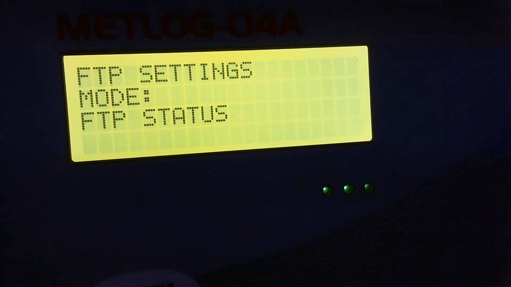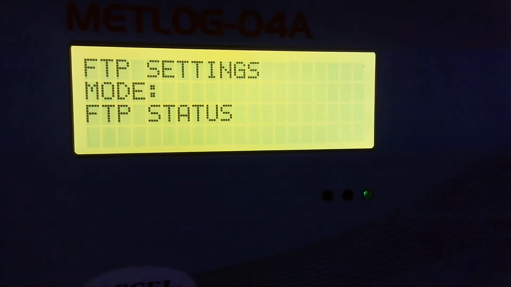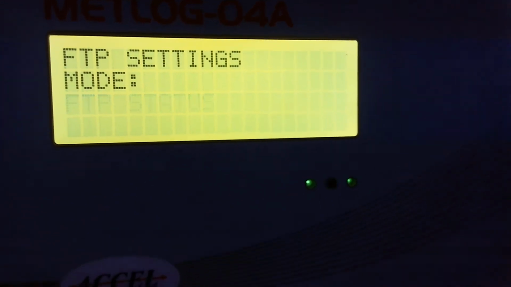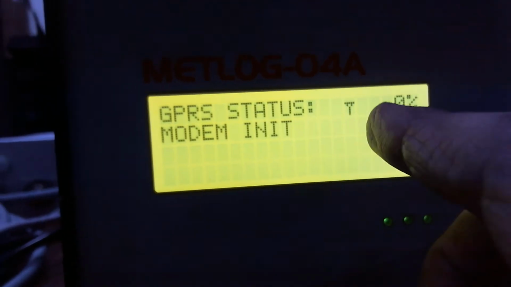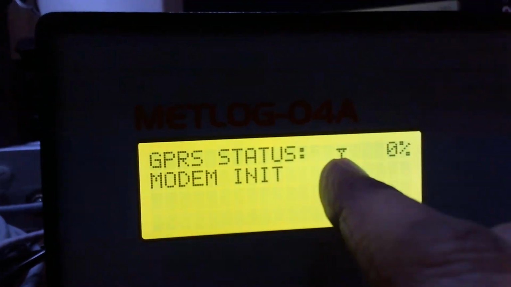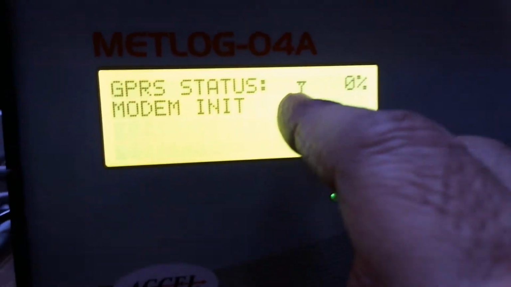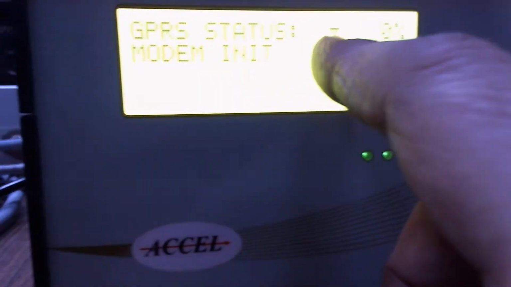All these things will be provided to you at the time of installation. So first is your FTP status. Press enter. Here you will see the range, just like our mobile. The range will be indicated in this modem initialization.